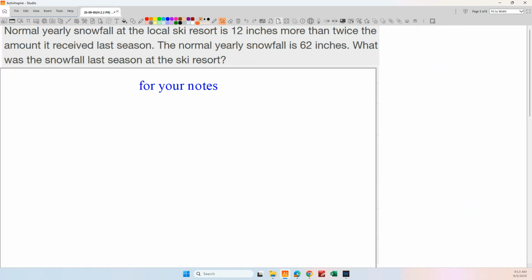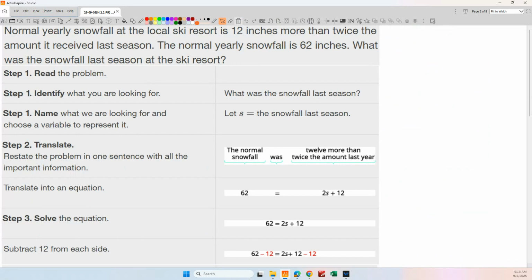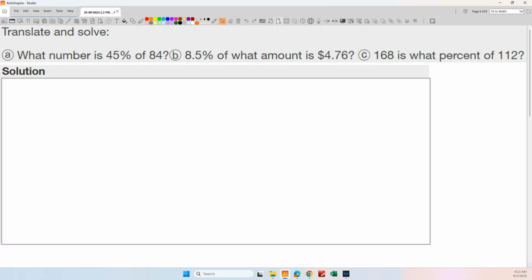Oh, I'm not going to do this one. I'm going to put this in the notes if you want to look at it. Here's another example, but I'm not going to spend time on that one. Let's look at a couple percentage ones, because it seems like those are the things people, if they haven't done it in a while, have the toughest time.